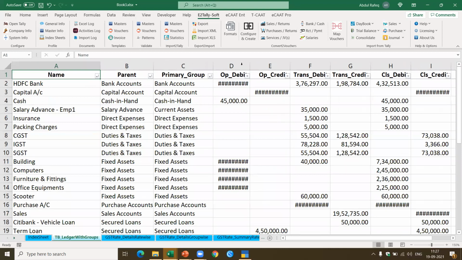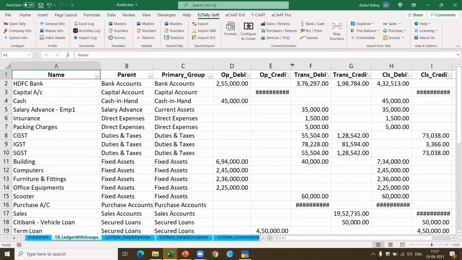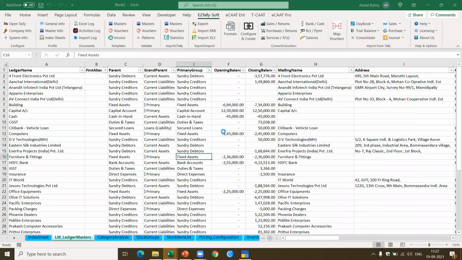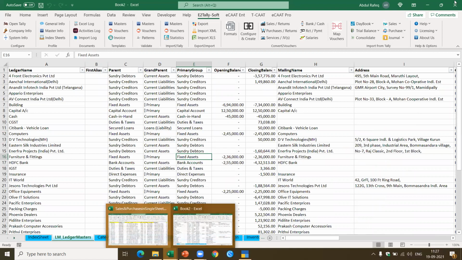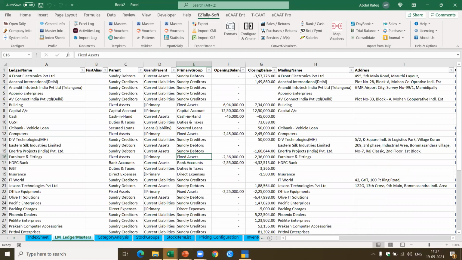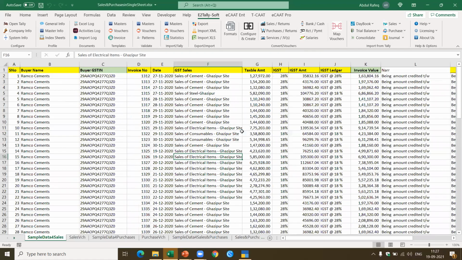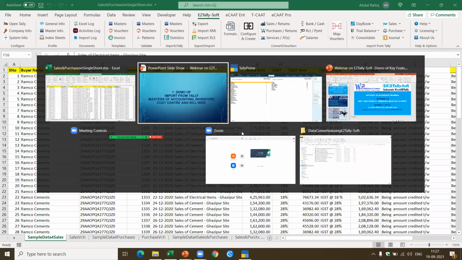Now we don't need to spend time on the formatting. I can get the complete information in one go. And this is the beauty and the power of the software. So I'm going to close this. When you're doing the practical audit, what you'll do is save this in a separate folder so that you can reference it for analysis as required. So with this, I've just given you a quick demo of how you can export the masters, including the trial balance. Let me come back to my presentation.